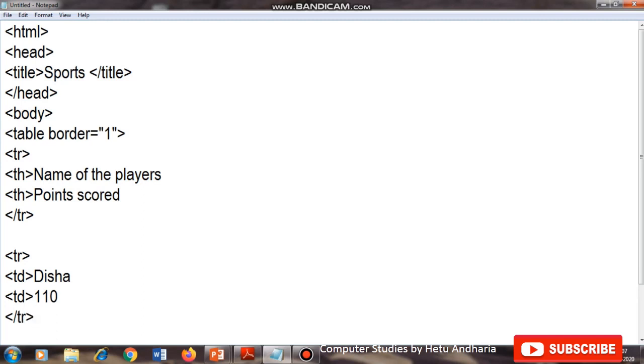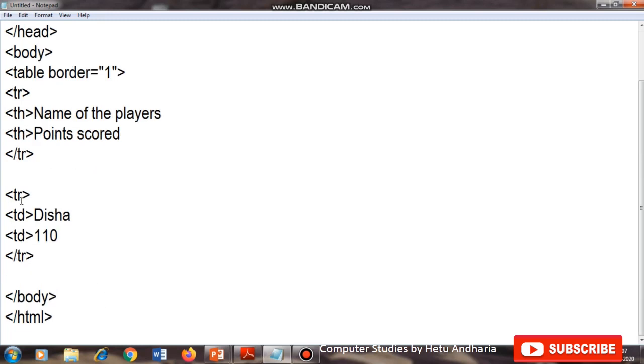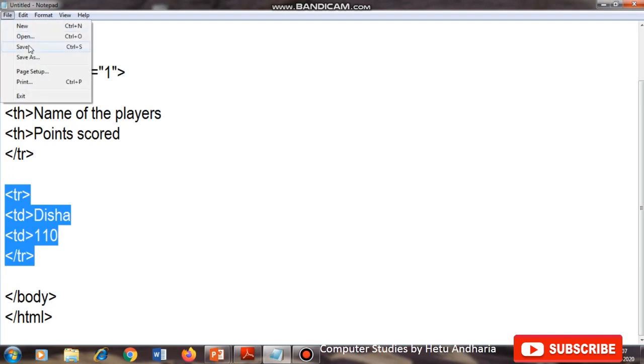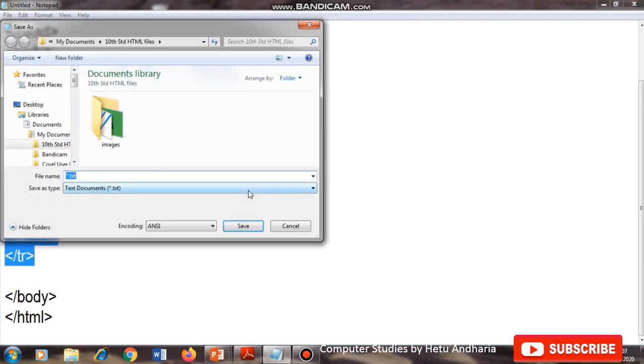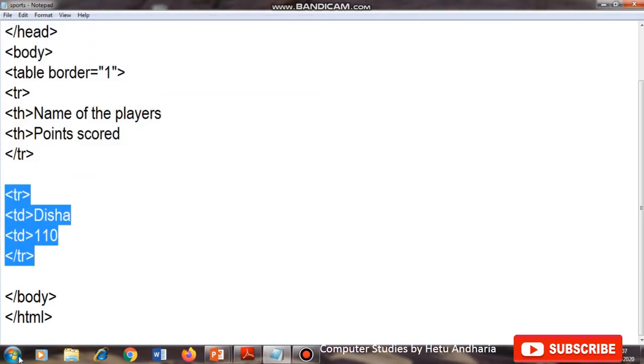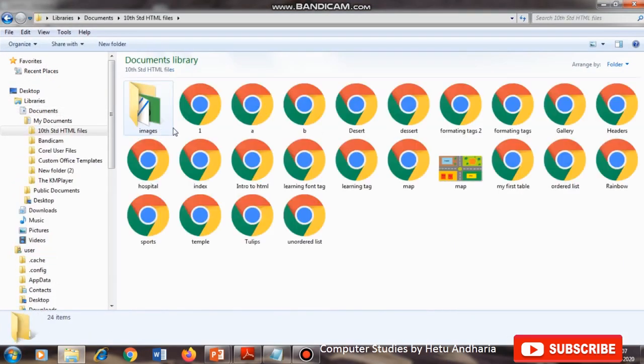Now I want to change the color of this row. So what will I do? First we will see the output. I will save the file as Sports.html. Okay, so this is the output.